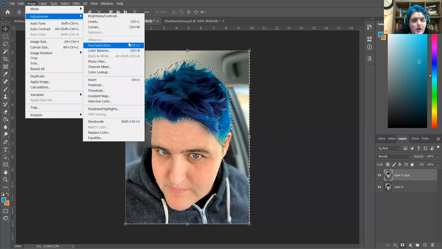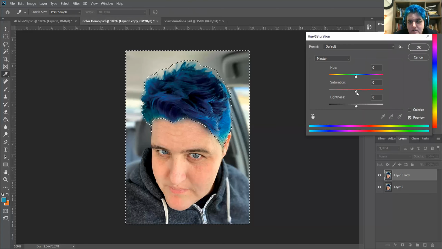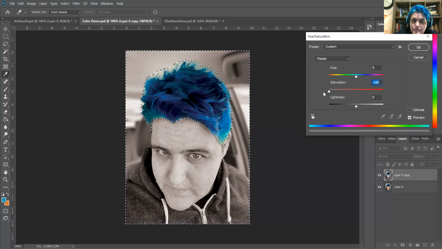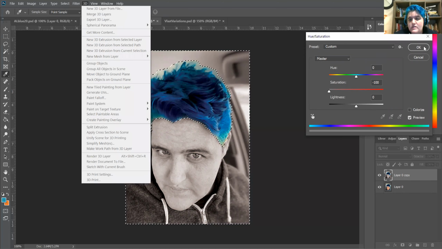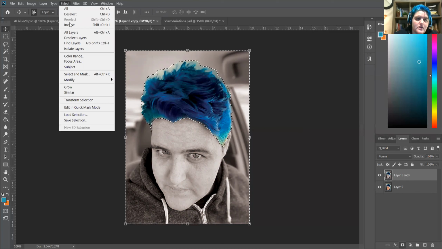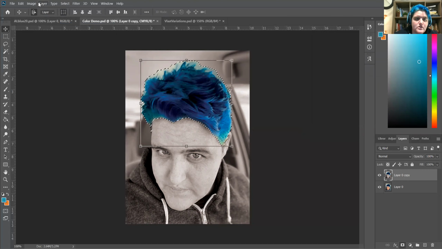All right. Then we can go in here and just make this whole inside part black and white, right? And so now we can see that just what is inside that selection is left color, and everything else is black and white. And then we can inverse the selection again, say okay. And we can